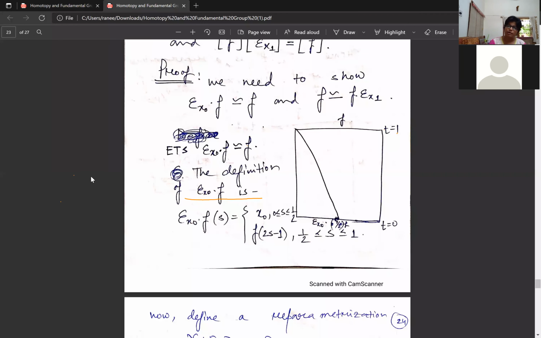Now again, some kind of reparametrization is coming to our mind. What is going on here? The advantage of the reparametrization is we can do it in 0,1 cross 0,1, and then we can compose it with f or g or whatever, to go to the space X and see what is going on there. And this we can do because homotopy behaves well with the composition of function. Okay.